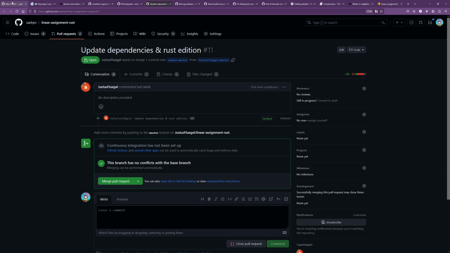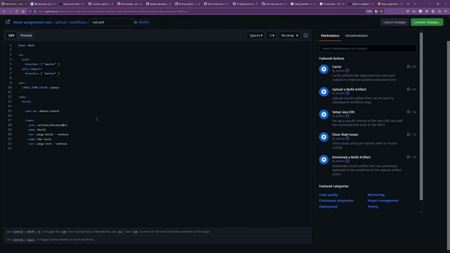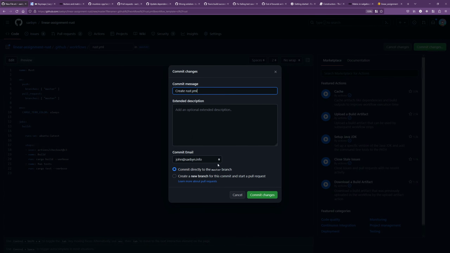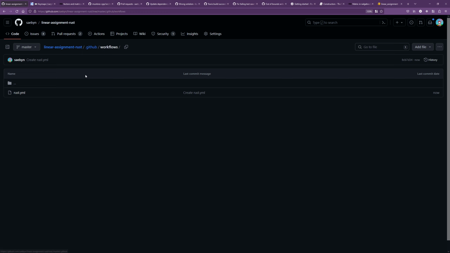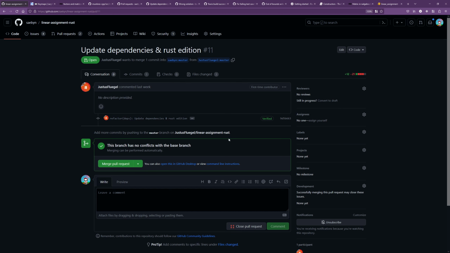I may have too many tabs. Oh, here we go. Okay. So if we push to master, or we have a pull request against master, the job will run. And build and test seems fine. So I'm just going to commit this. Yep. And so then if I update this,